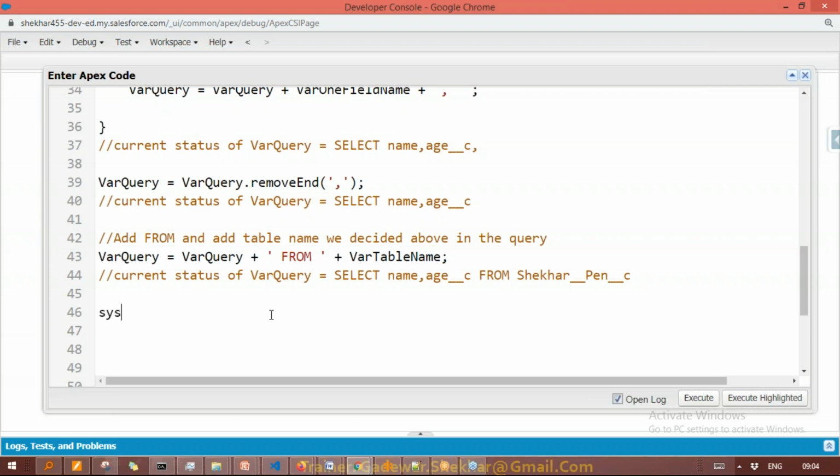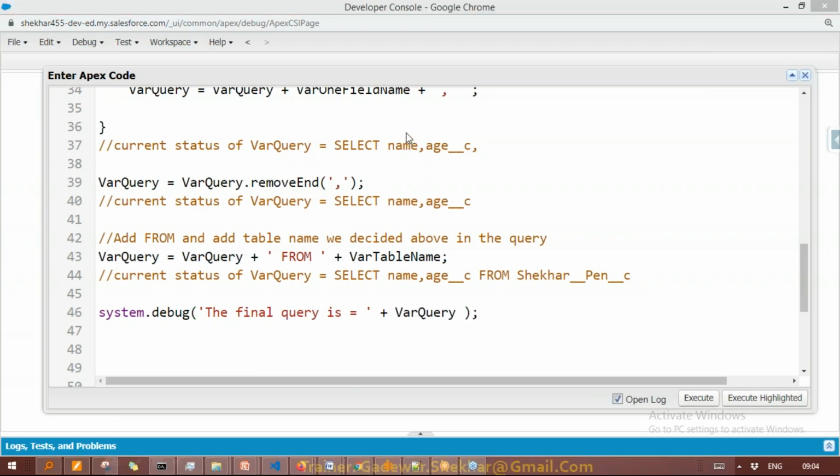And please note, now if you take a printout with system.debug of the final query, var query, you can also check the status of this query and see whether it is perfect, whether your query is ready or not.